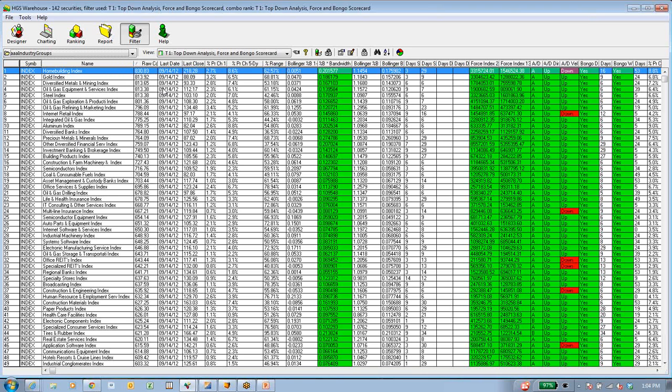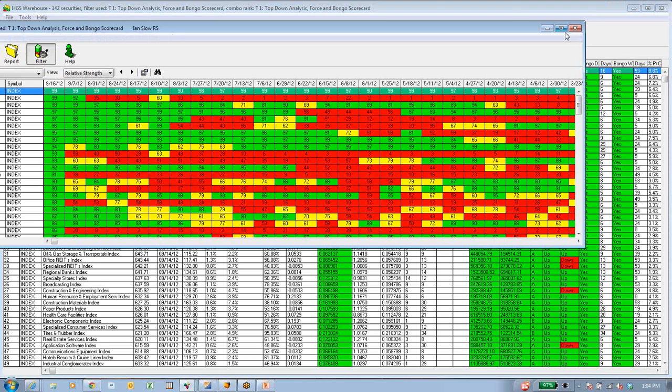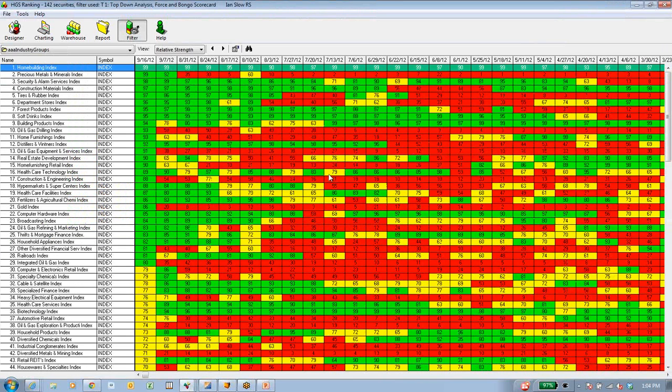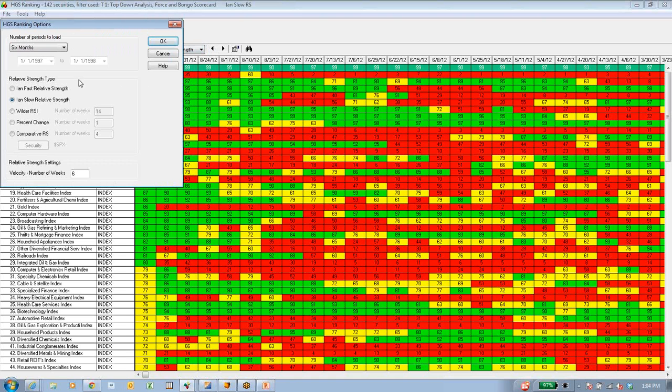So now I'm going to look at industry groups and try to see where the strength of the market is, and it will sort of come out and hit you in the face. Now, I'm going to do something which we haven't done before, so I want to prove a point. I'm going to go into the ranking module. The ranking module is going to look at relative strength, and I can set that relative strength. I'm going to set it at E and slow.